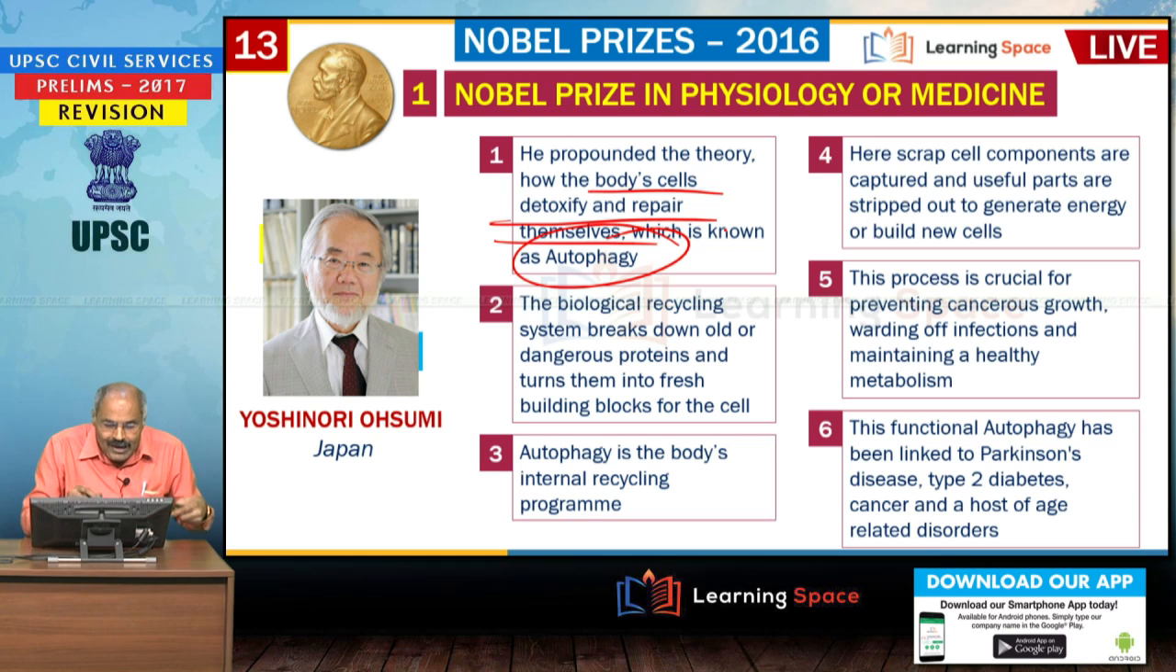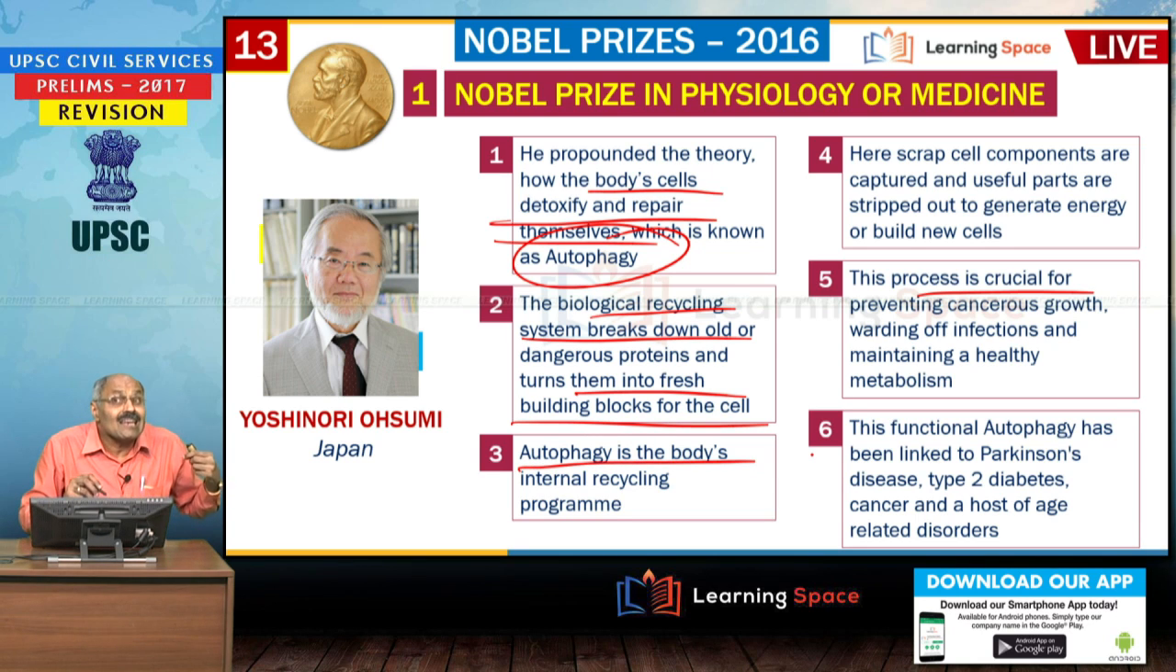That means the biological recycling system breaks down old and dangerous proteins and turns them into fresh building blocks for the cell. So, here the process is crucial. What I mean to say is autophagy is the body's internal recycling system. So, how the cells detoxify themselves and repair themselves, that is autophagy. So, it is a part of the body's recycling system, and for autophagy this year's Nobel Prize for medicine was awarded,